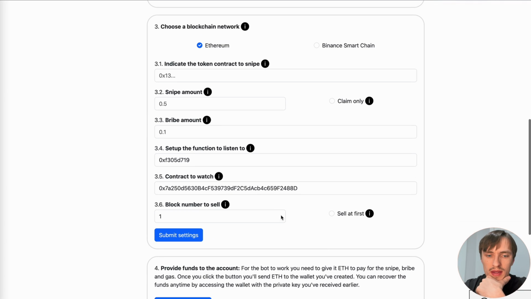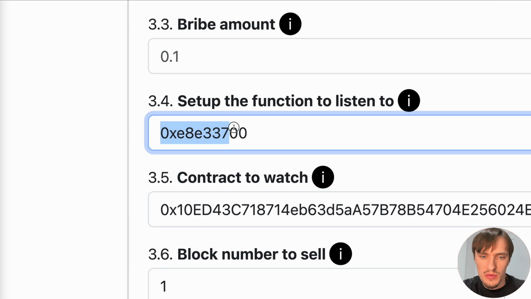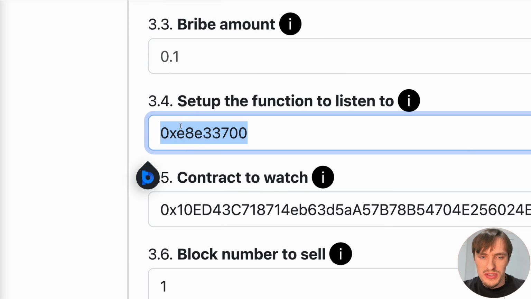Now that's how it works. Basically, the sniper waits for transactions, and once it detects the signature for this contract, then it makes the purchase. Now when you click on Binance, it changes to this function and this one. This one is addLiquidity without the ETH part. Here the function is called addLiquidityETH, but this function represents, if you go to 4byte,